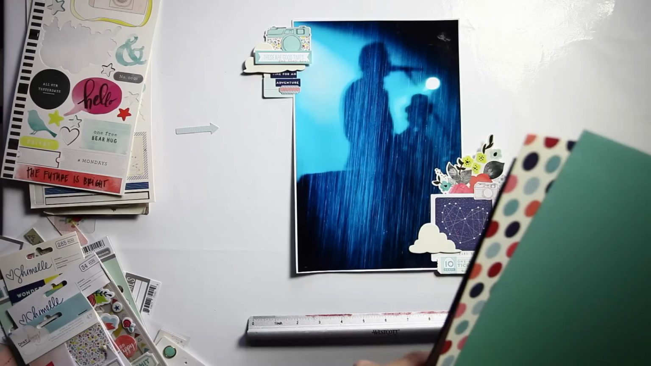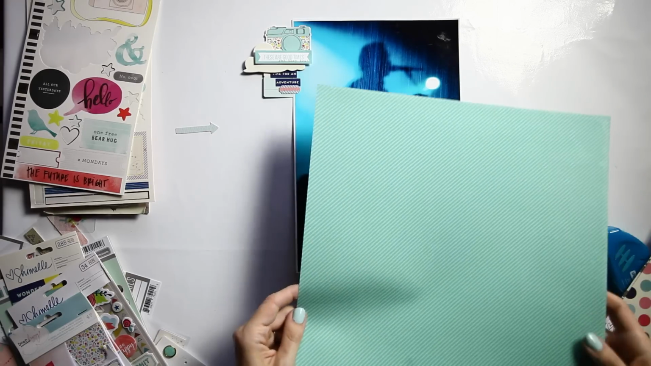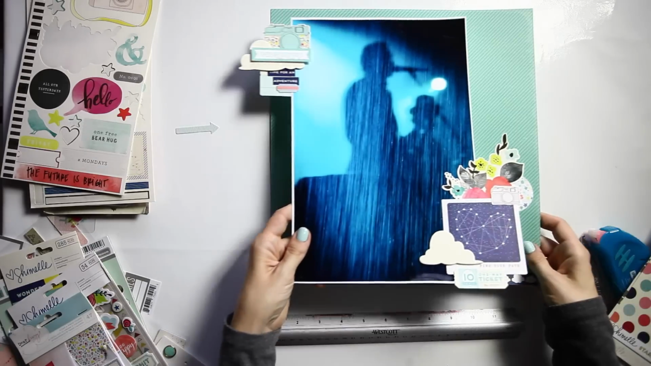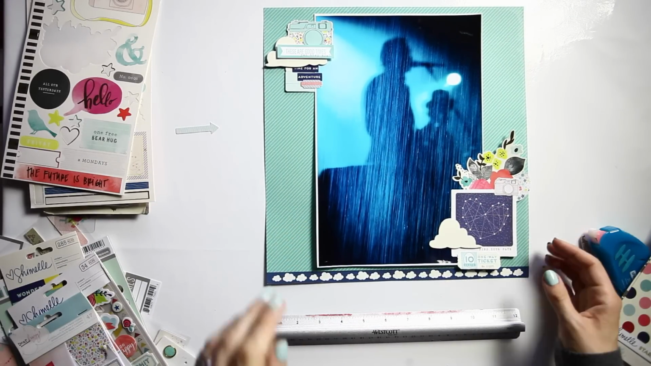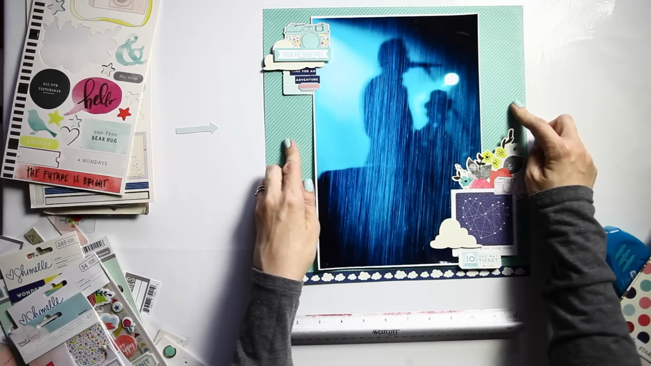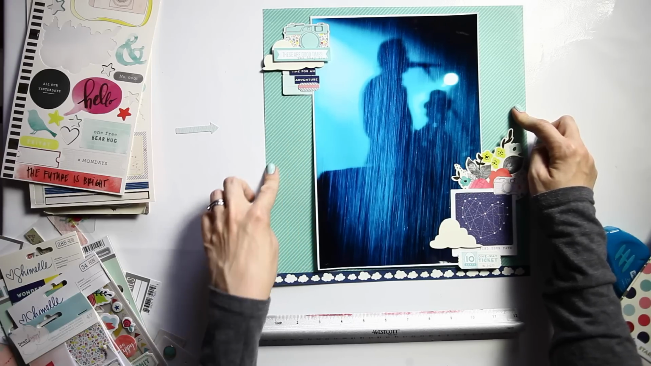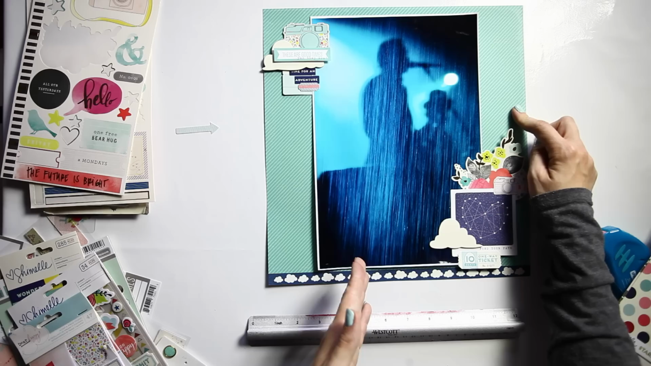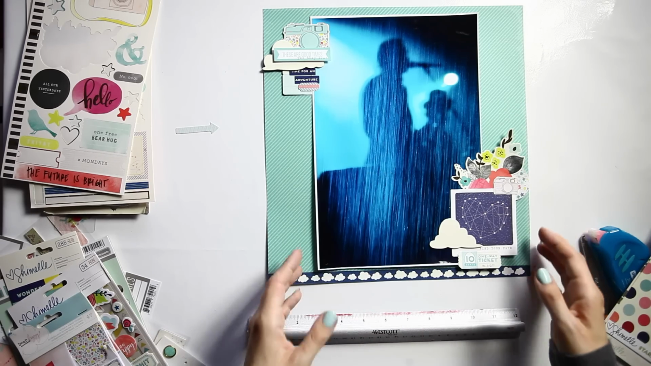I could go with a pattern. I pulled out this one originally because it matched the other supplies that I'd picked out. But I think this color is just enough green that it's off from this blue, and the diagonal lines that aren't on the same diagonal as the lines in the photo, I think that makes this not a